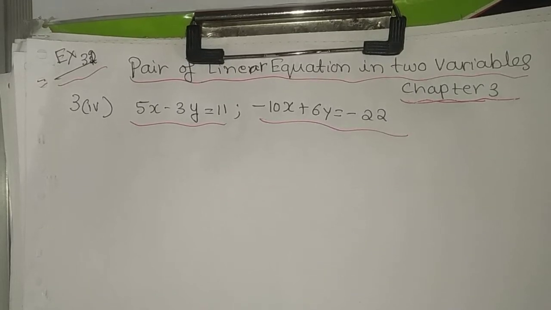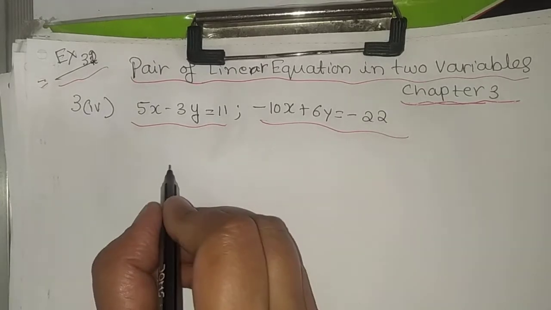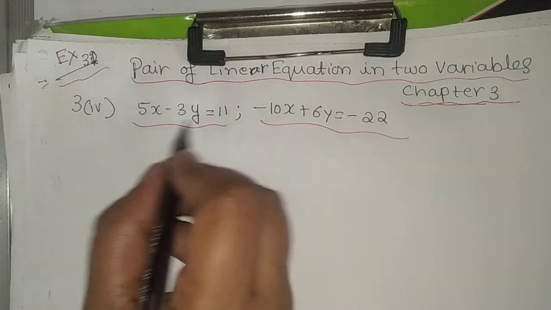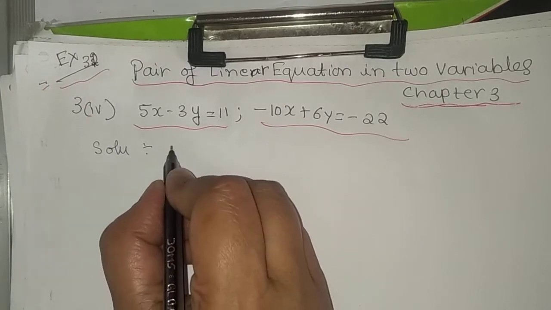Hello students, let us continue the pair of linear equations in two variables, exercise 3.2. That is the third main problem and fourth sub problem. So here the problem given is, so now we write down the solution. What is the solution? The given